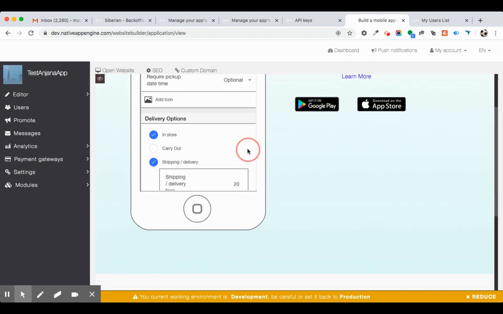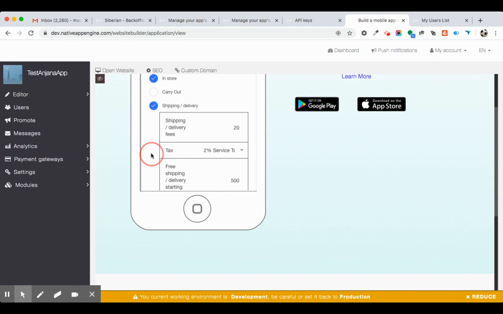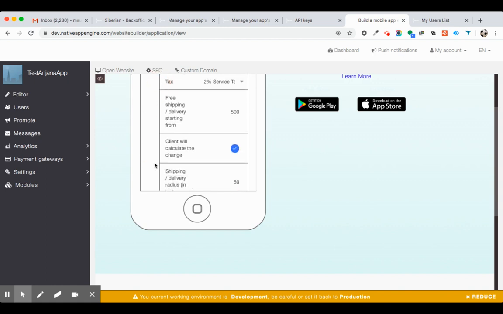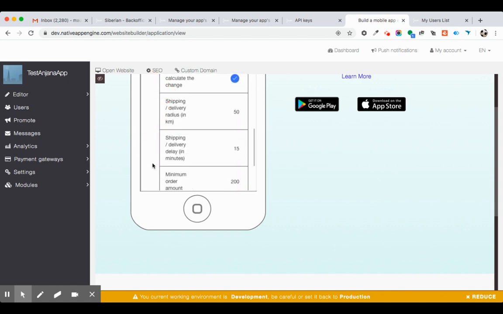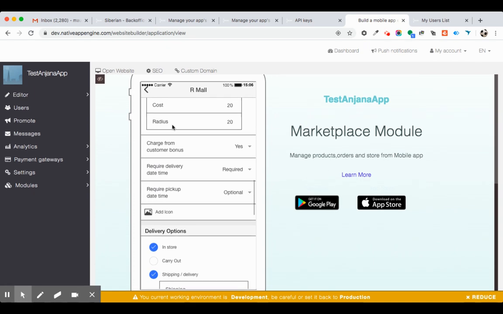And one more thing is that each store owner can add their own shipping, payment gateway and shipping details, all those things. They can add their own payment gateway settings, so the amount will be transferred directly to those vendors. So this is going to be huge for any app actually.